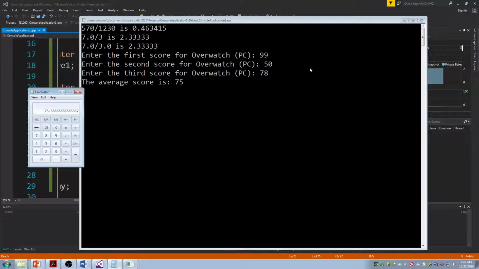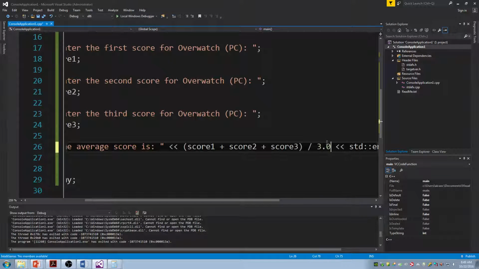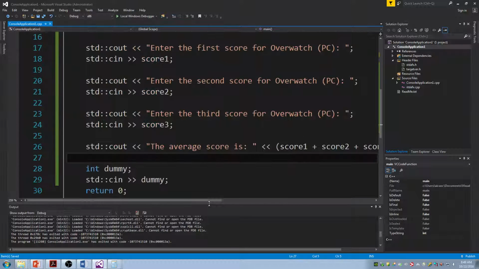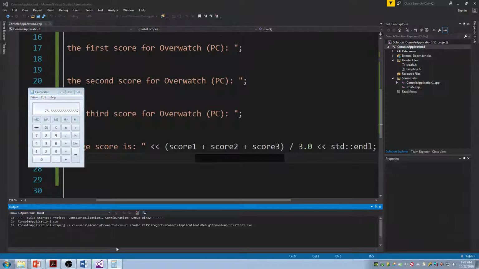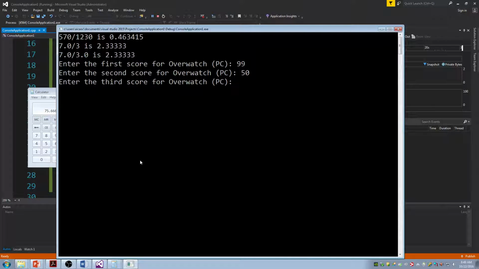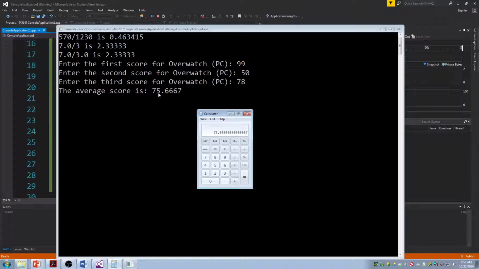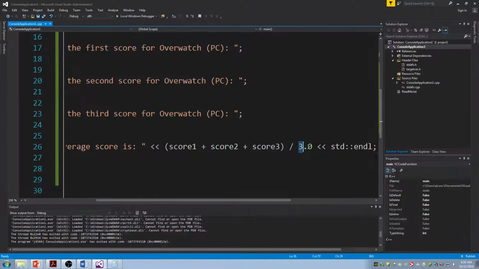It's cutting off the decimal places, so just make the 3 a float. Make this thing a 3.0, like that. What did I say, 78? 78. So now you see I have decimal places here. So when you're doing your average, make sure that when you divide it by 3, you're dividing by 3.0,